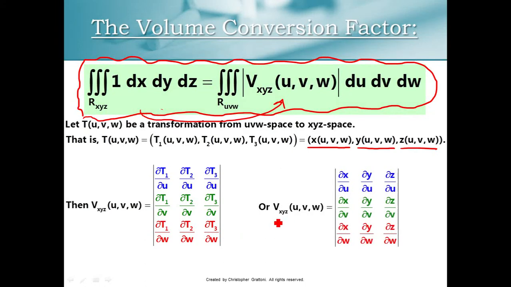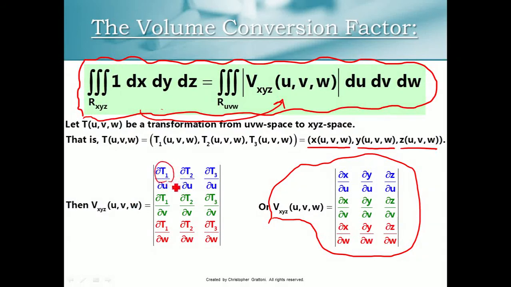And usually when I memorize the volume conversion factor formula, I like this version on the right here. Kind of like it better than this one, with T1, T2, T3 for the 3 coordinates of the transformation. And then remember all this gradient stuff that we were talking about before is here. So we have our first column